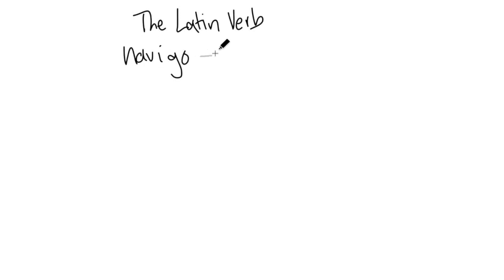Today we start a discussion of Latin grammar with a discussion surrounding the Latin verb. The reason for this is that when you have a Latin verb such as navigo, it can stand as its own sentence. In this case, the meaning is I sail. You don't need another complementary verb or a complementary word to help complete the meaning of the sentence. The verb can stand on its own,